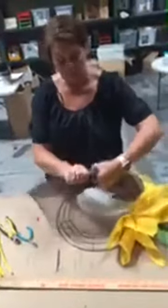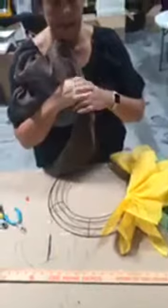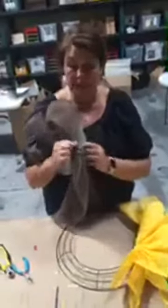When you are all done and you have put your last poof in place, what you want to do is just, again, attach it to this plastic canvas and then trim any excess. And you can do what we did at the very beginning, where